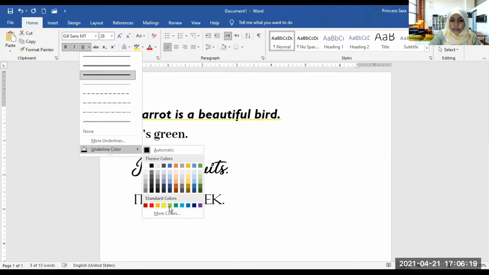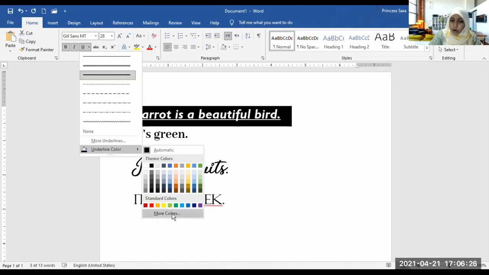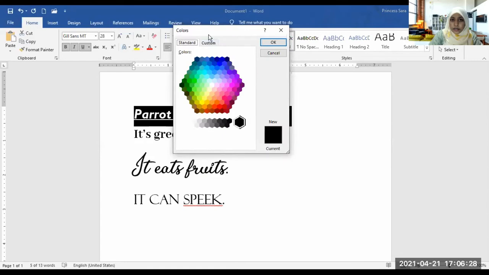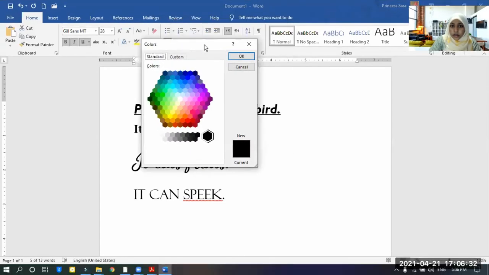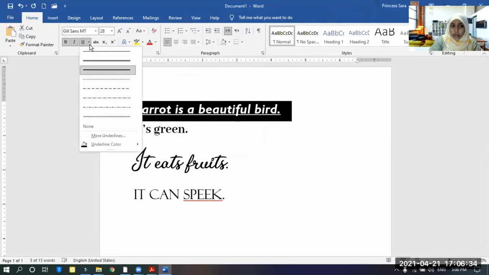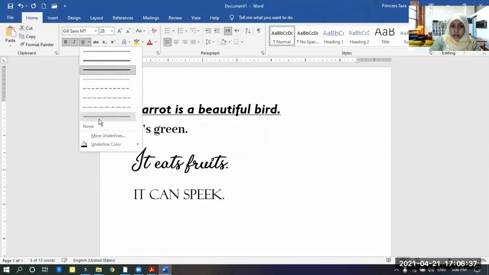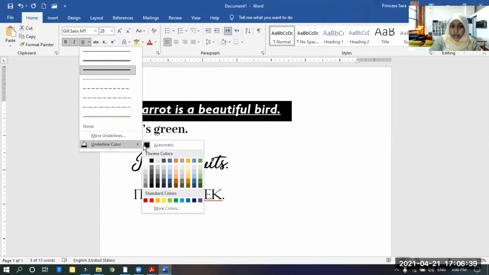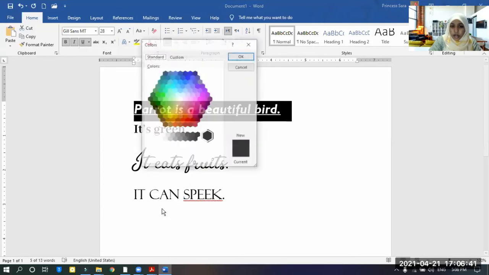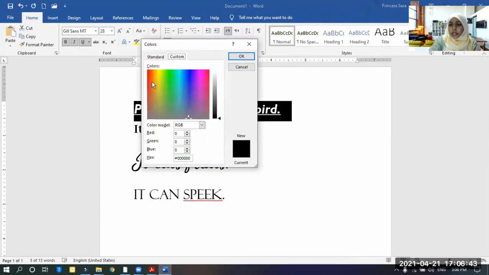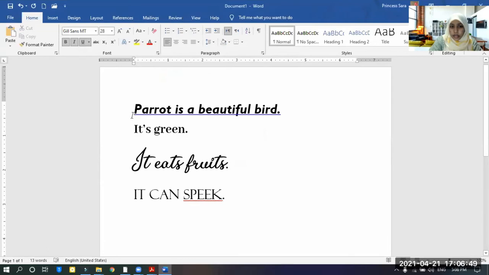See? Understood? If you want more colors, go to more colors. Go to underline colors, more colors, and custom. Select the color you want. Okay, and the color will come here.